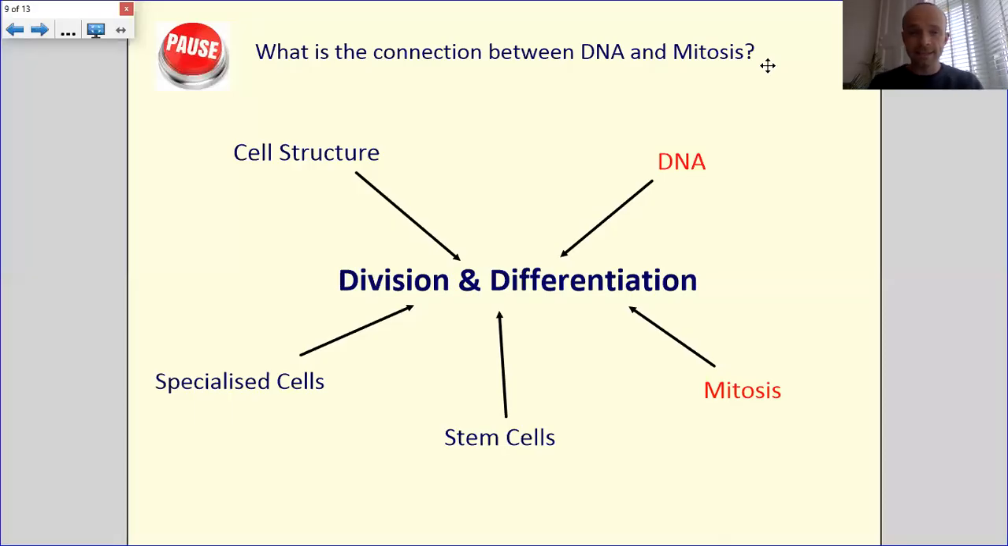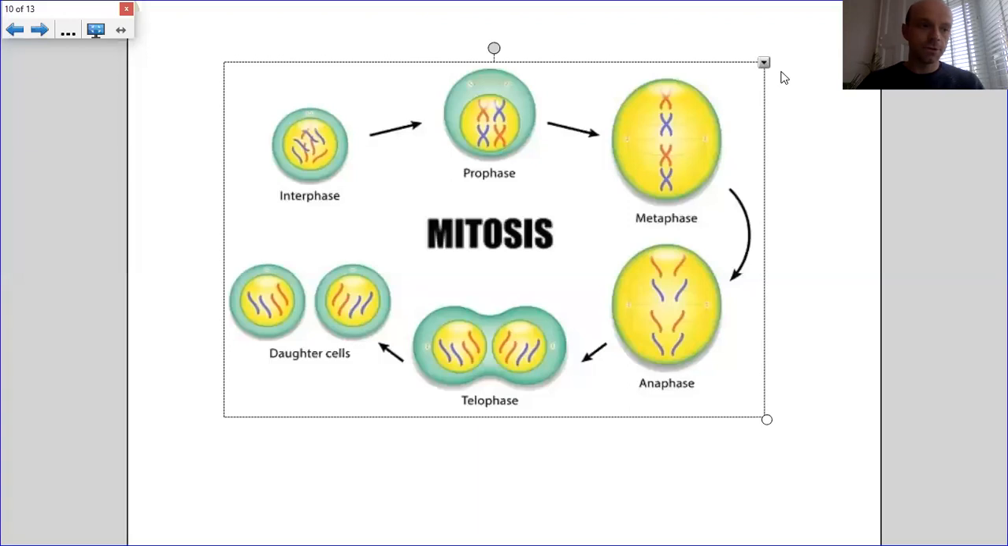Again, another little task. So what's the connection now between DNA and mitosis? So just take a minute, have a think, and see what you come up with. So we've talked already about the importance of DNA in terms of making proteins, but you know, the nucleus and the DNA and the code and the instructions contained within that really control the functions of the cell,